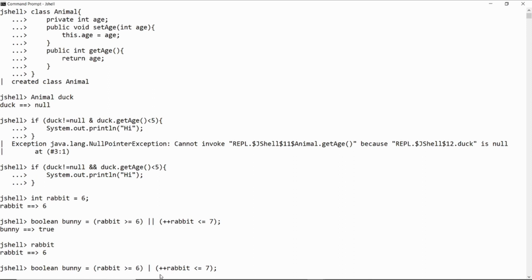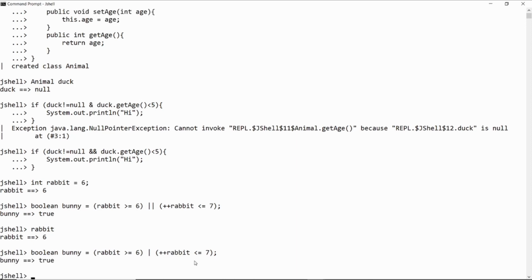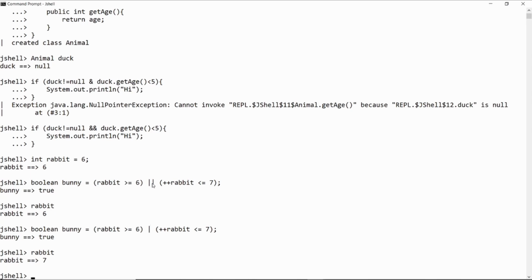So it will first increase the value to 7, and this is also true. So it returns true, but what about if you check the value of rabbit, it has increased. So for the short circuit, this expression never evaluated, but for the logical OR, it has evaluated. Okay,